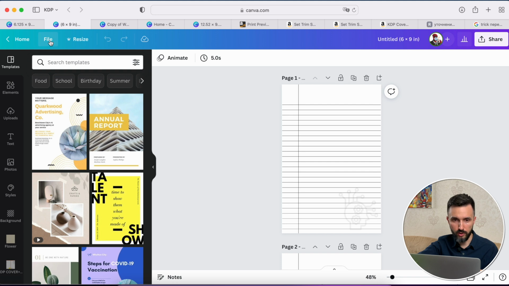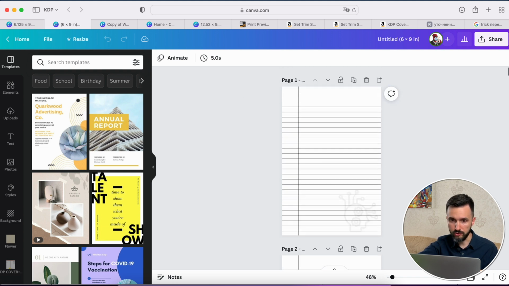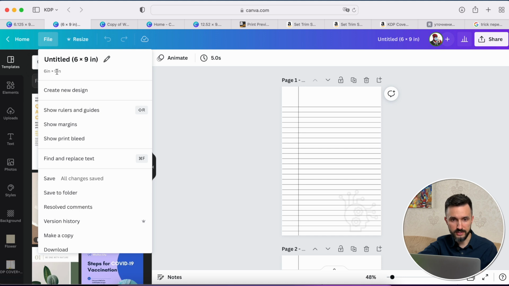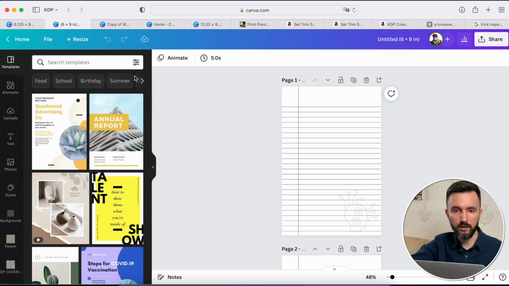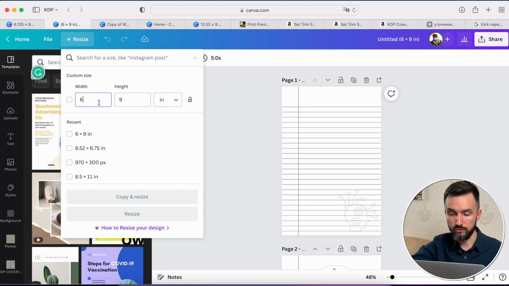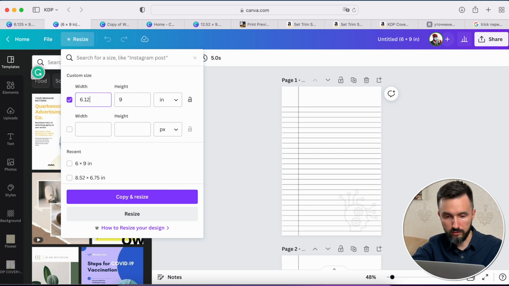The last thing I want to share with you is what you should do when you publish your book and Amazon says that the dimension is not right. So you need to go back to Canva and just resize it. For example, we have created 120 pages in size 6 by 9 inches, but this is a bleed design, so we need to add some trim size. In this case, click Resize and choose 6.125 by 9.25.